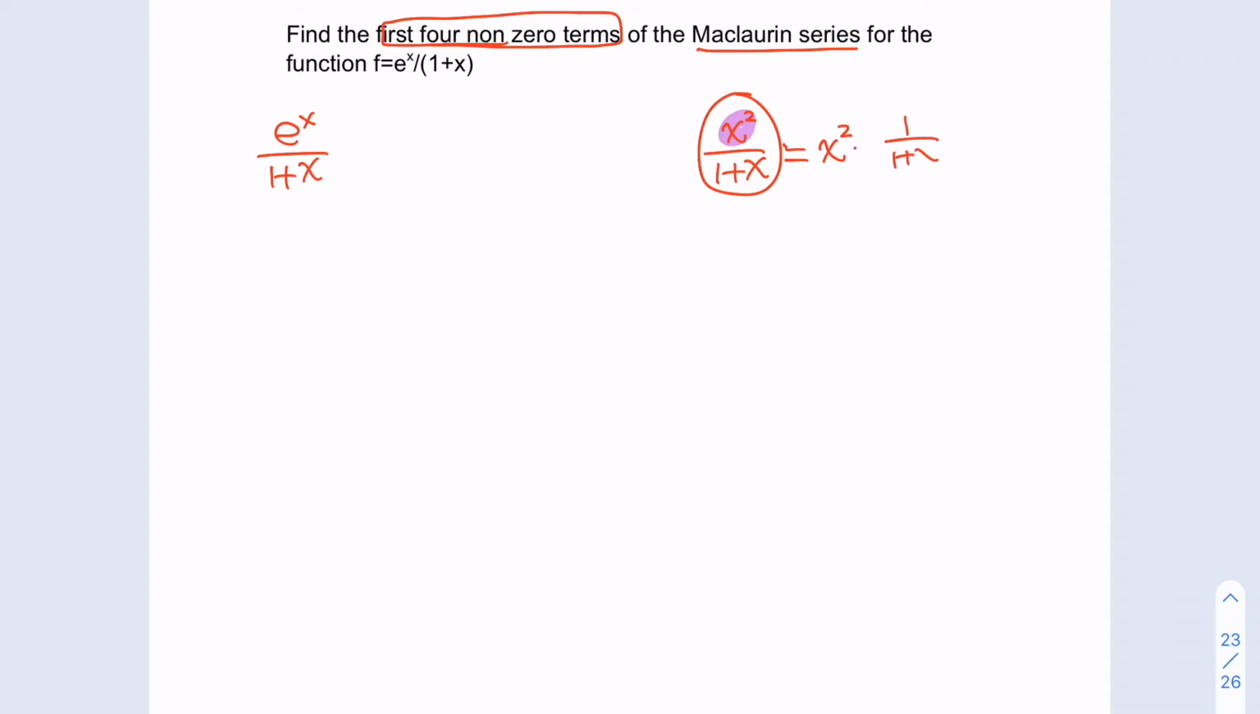Find the first 4 non-zero terms of the Maclaurin series for f of x equals e to the x over 1 plus x. If you look at this equation, e to the x over 1 plus x, sometimes we did this problem before. The difference right now is the numerator is x squared. So in this case, if the numerator is already a polynomial, we can directly